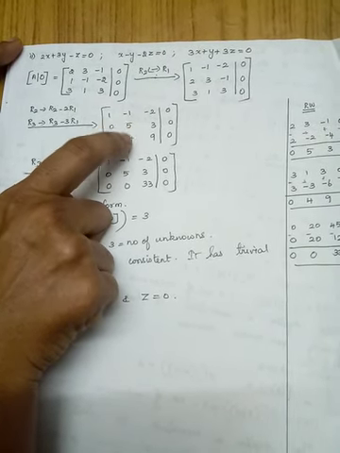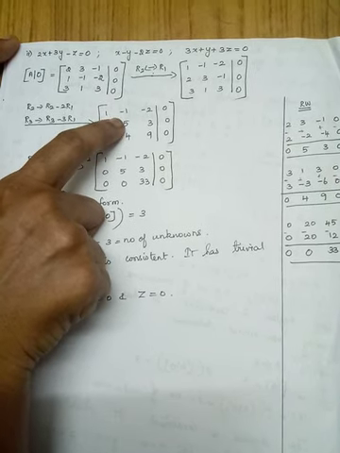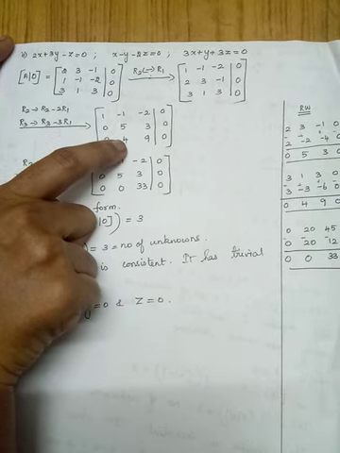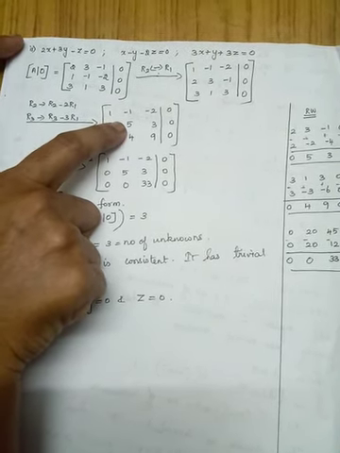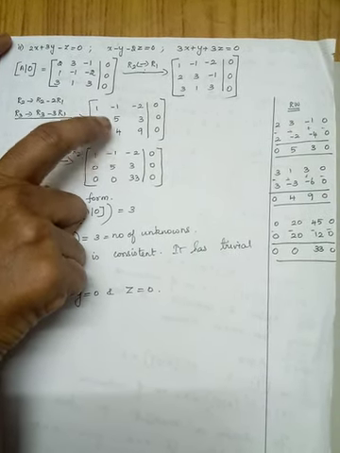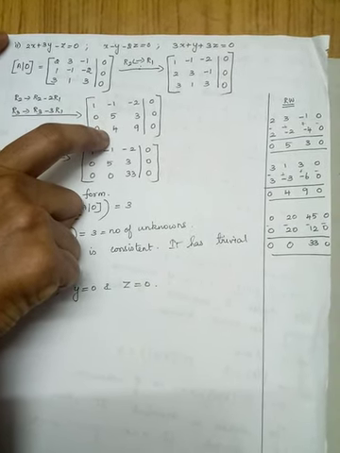In R2, above that you are having 5. So we have to make these two elements the same. What you have to do now is, in R3, this 4 has to be multiplied by 5, and this 5 has to be multiplied by 4. When you multiply 5 by 4, it is 20. So when you subtract, it will become 0.